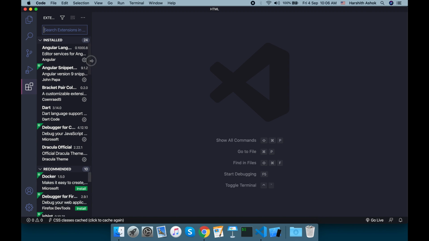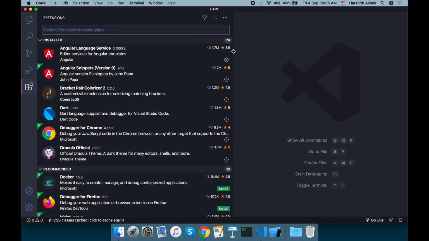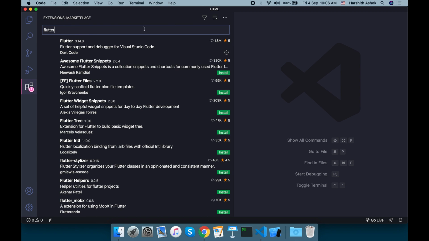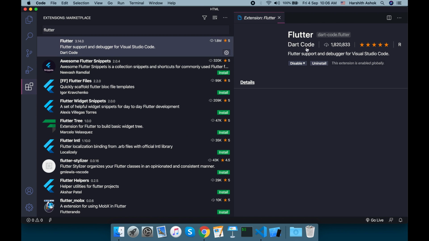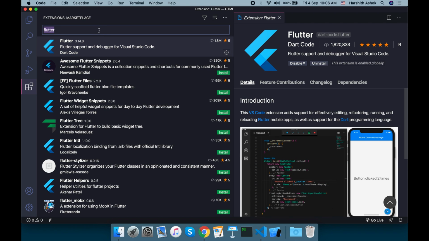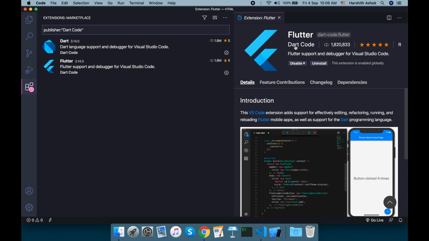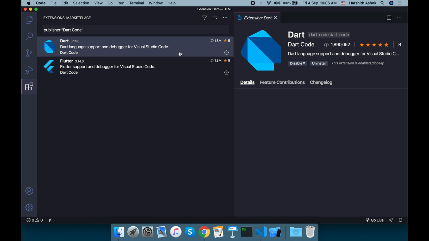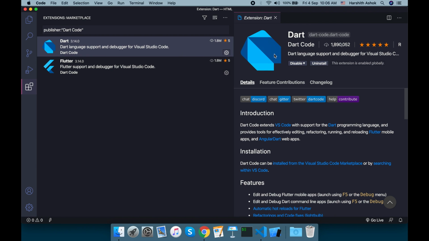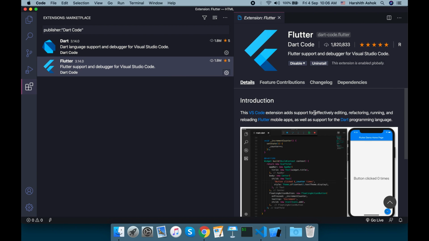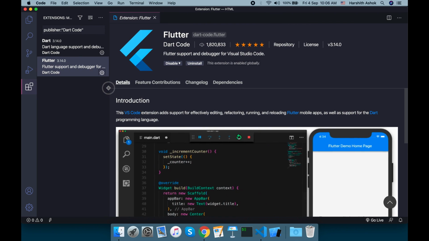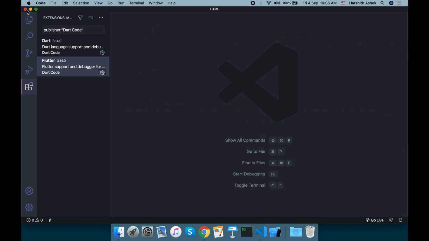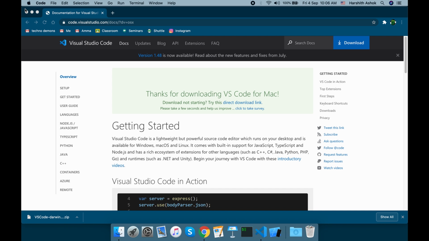Before you can start doing your code, you just need some extensions. The first one is an extension called Flutter, and make sure you install this one. And then search for Dart, from the publisher Dart Code, and install these two. Dart is the programming language which we will be using, and Flutter helps to find the SDK and do other things. Once you have both of them, you will be able to create your first Flutter project, which I will be doing in the next video.